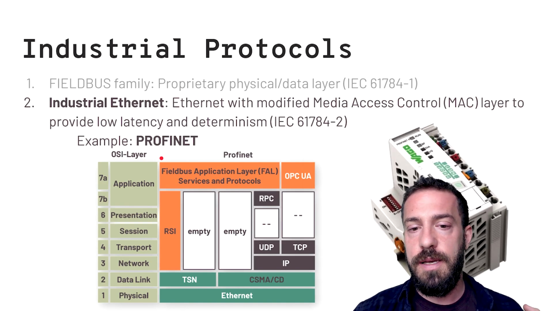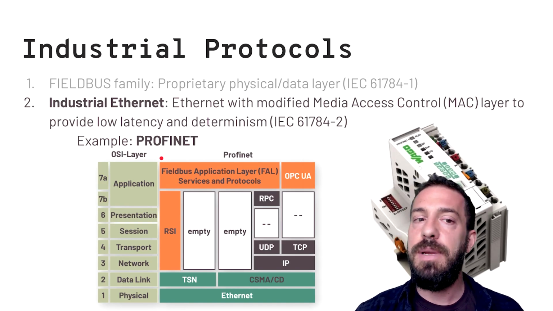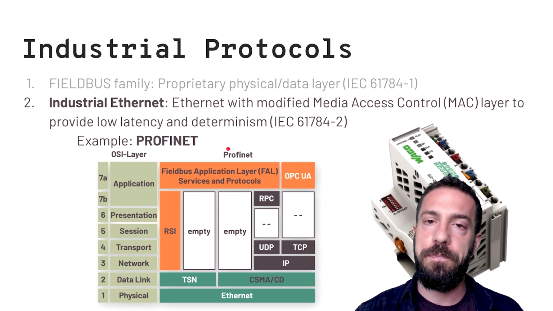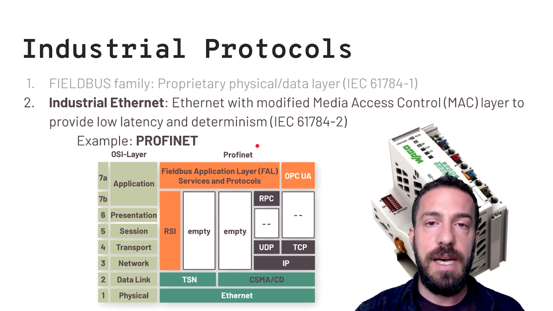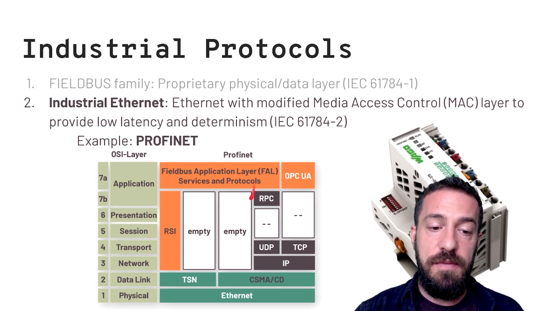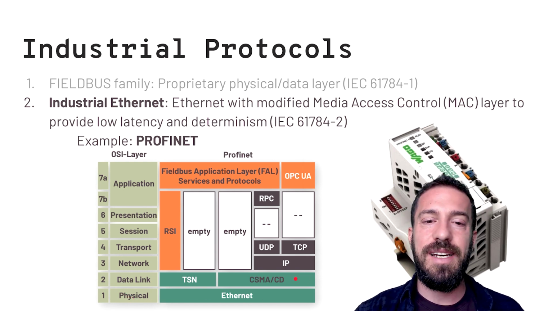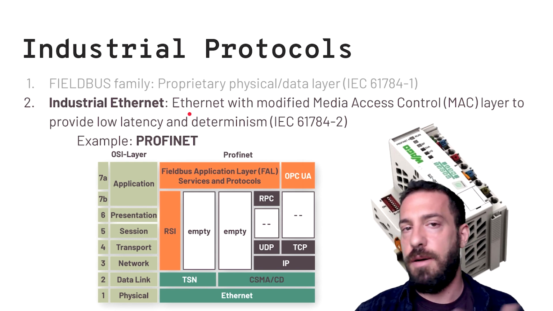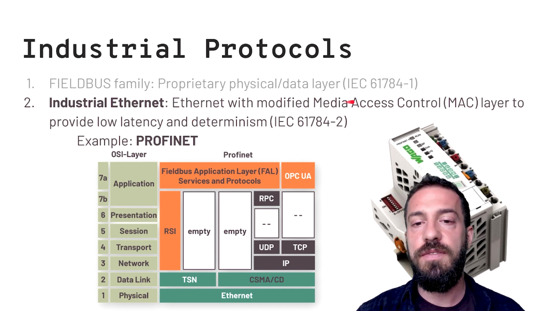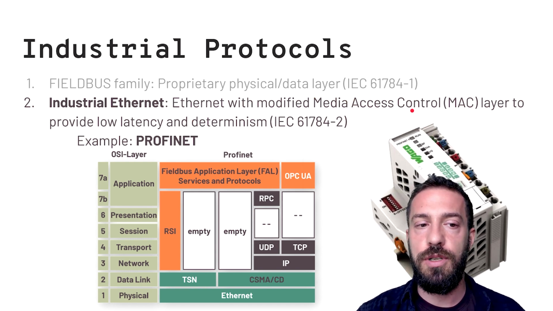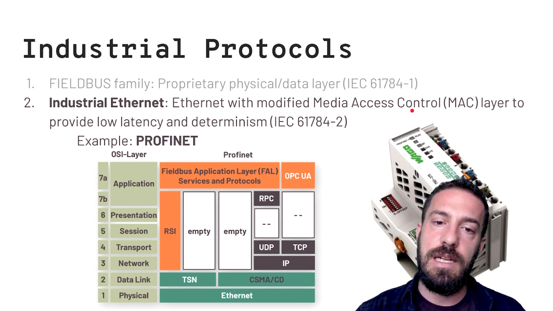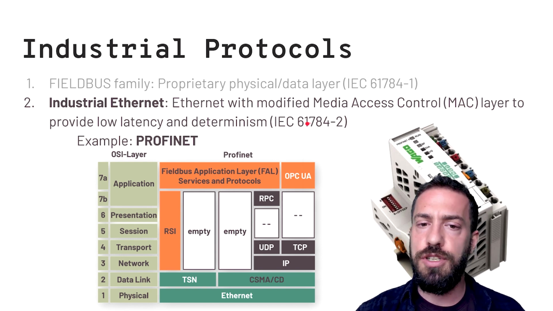So you can see they're similar to the fieldbus or the previous ones we've seen, but the difference is that the lowest two layers are regular Ethernet. It's also called industrial Ethernet. That is our familiar Ethernet that has a modified MAC layer, the media access control, to make sure that latency is low and deterministic. So that's also standardized under